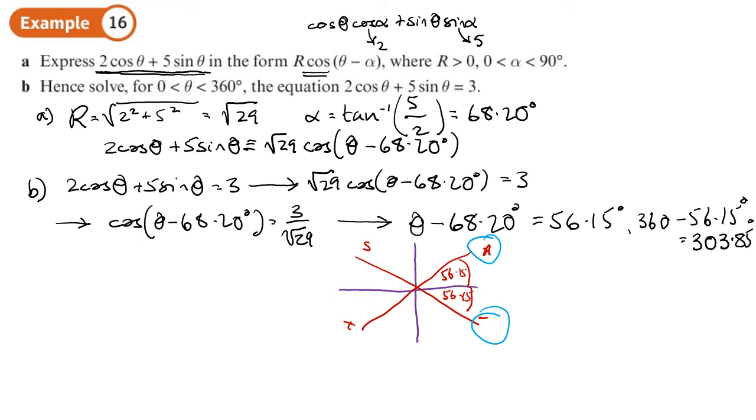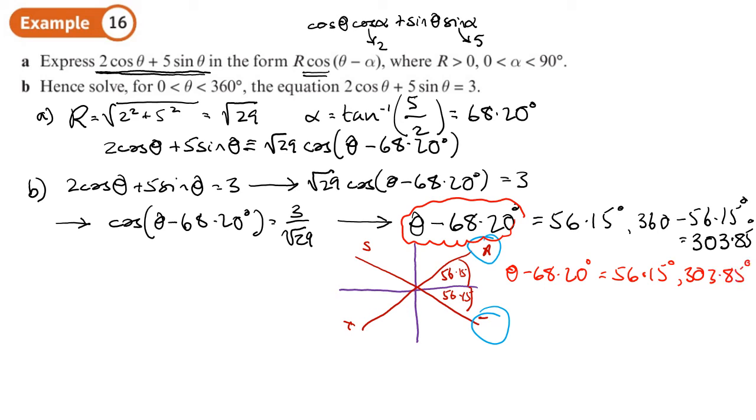Okay, now that's what theta minus 68.20 is. I want to write it a little bit more clearly over here. Theta minus 68.20 can either equal 56.15 or